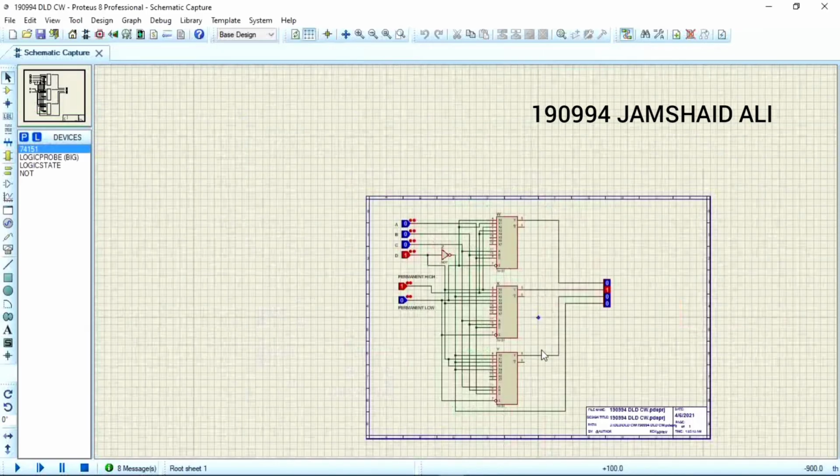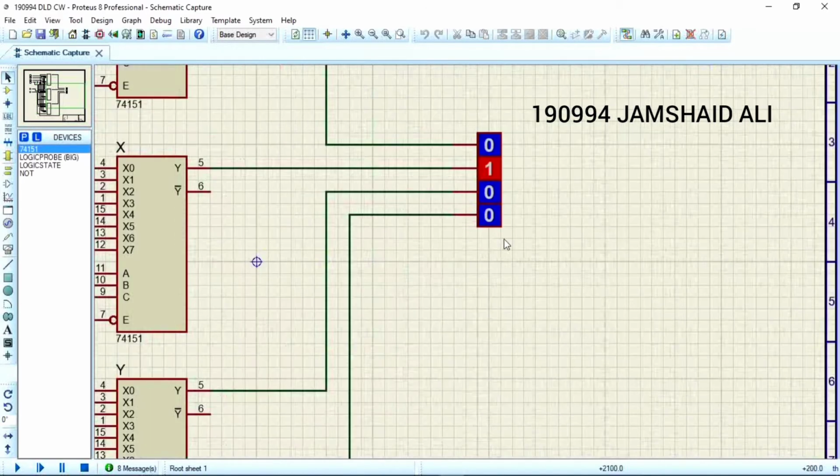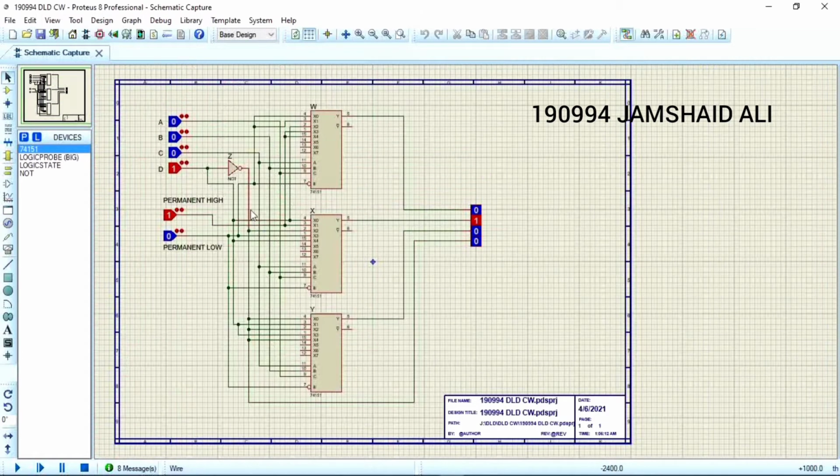As it is in X and Y, if we talk about the fourth logic probe, here we use NOT of D directly, because in every case if we have 1 input here, then we will have 4 output. If we have 3 input here, we will have 6 output. If we have 6 input here, we will have 9 output.